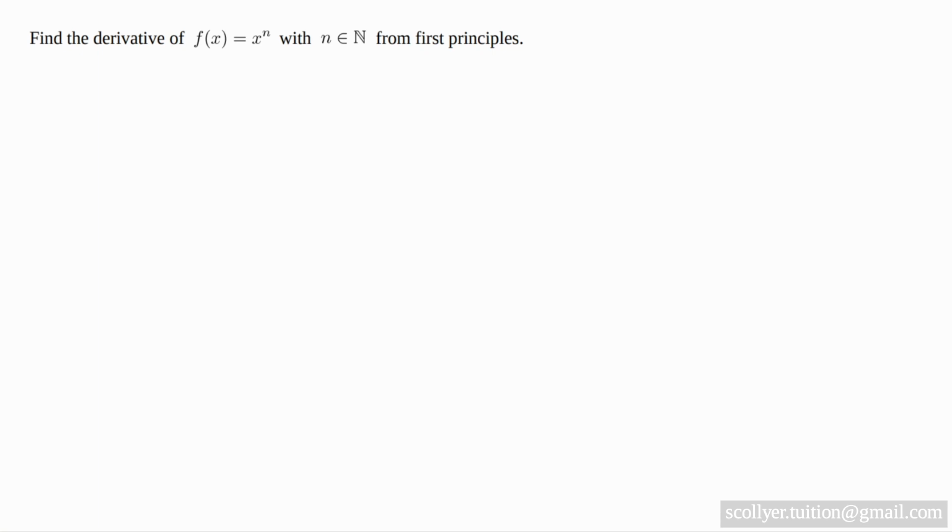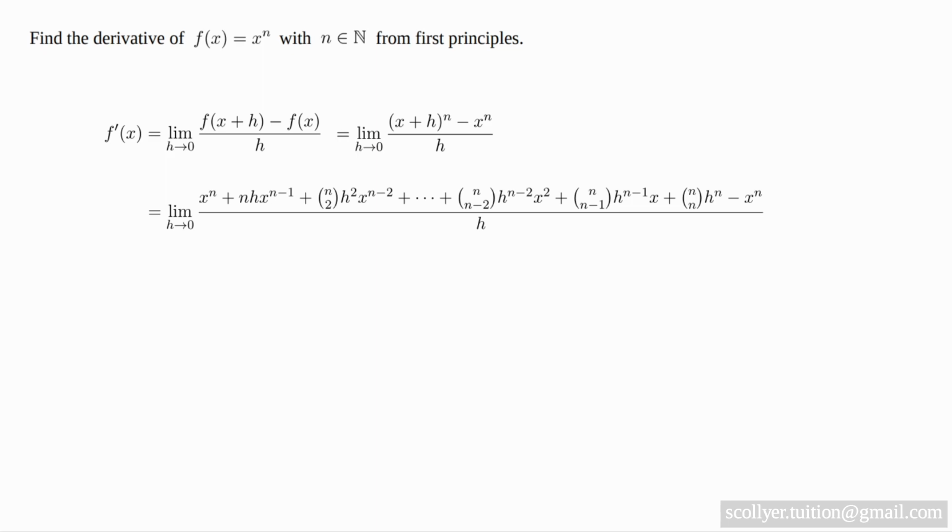Find the derivative of f of x equals x to the n, with n being an integer in the set ℤ, from first principles. To find f dashed of x, we compute the limit as h tends to 0 of f of x plus h minus f of x over h, which becomes the limit as h tends to 0 of x plus h to the n minus x to the n over h, which turns into this long and